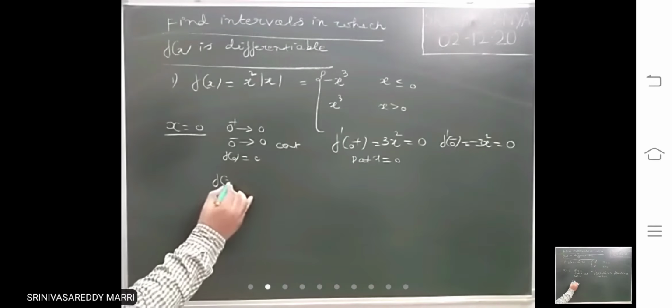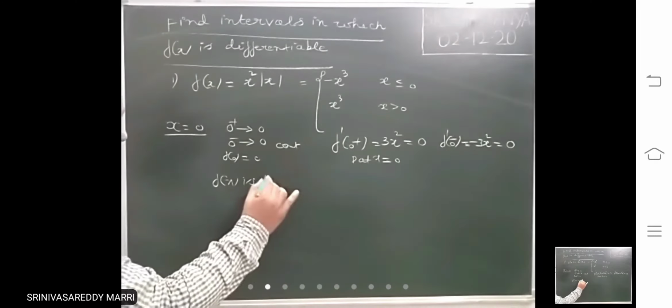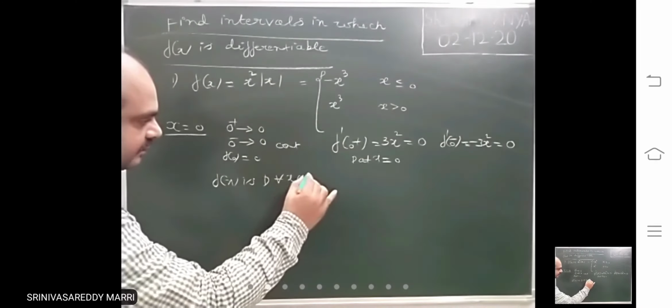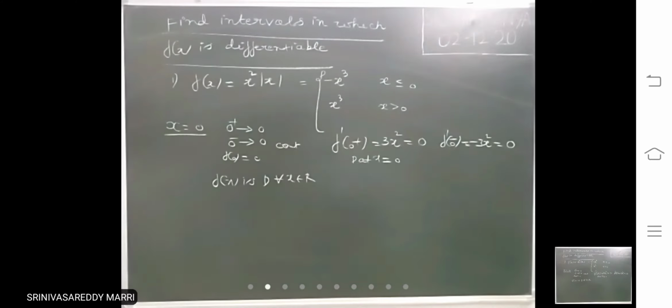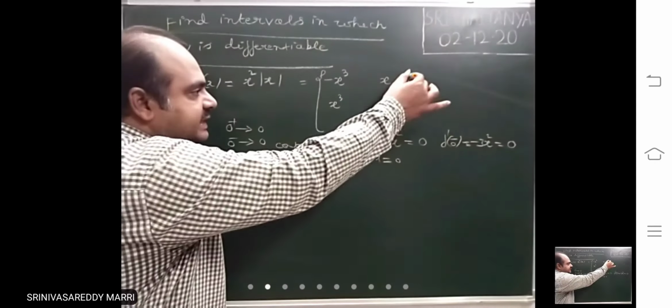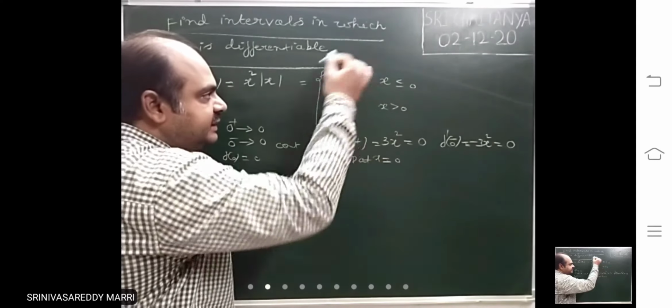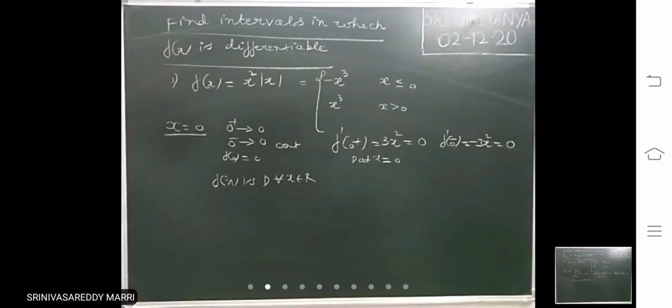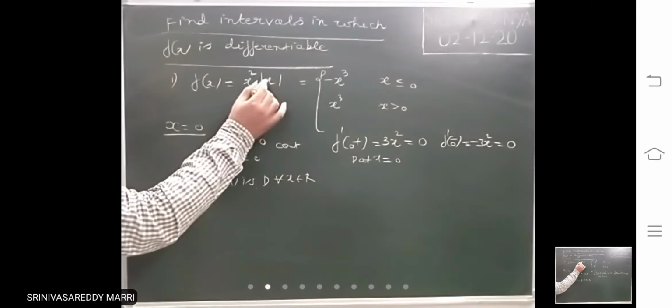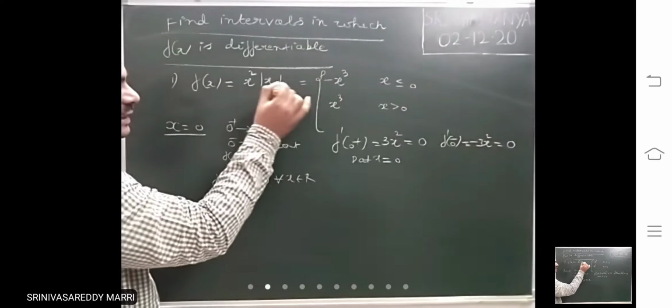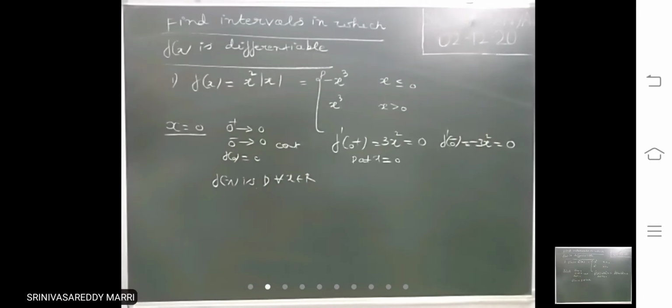Therefore we can say that f of x is differentiable for all real values of x. At any point it will be differentiable; the derivative exists at each and every point. At the rule changing point, if it is differentiable, it will obviously be differentiable at the remaining points. Like that, when the rules are not given separately, modulus x or step x will be there, and you have to write what those rules are depending on the modulus x definition.